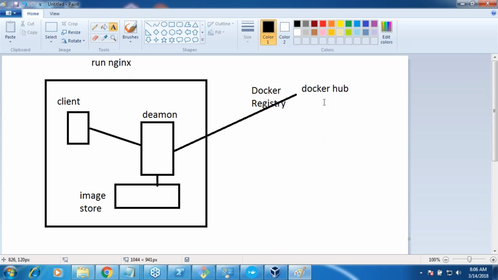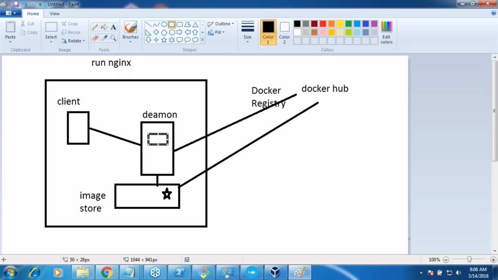So it will go and ask Docker Hub, do you have any image called Nginx? It would say yes. Then it starts the download, and it downloads into the image store. Okay, so we have the image now, and once the image store has an image, that will be executed to form a container. So once the image is over here, let us assume that this star is an image. Then a container will be formed once the image is ready.